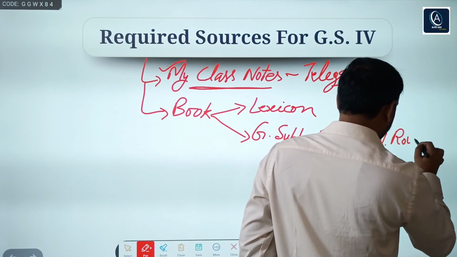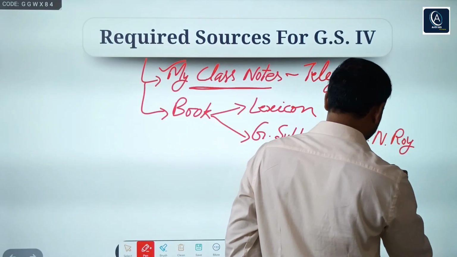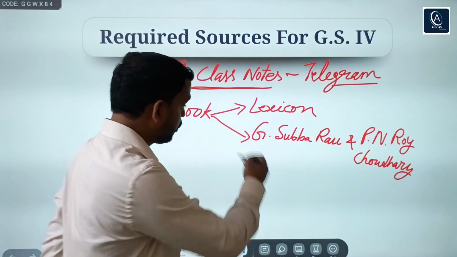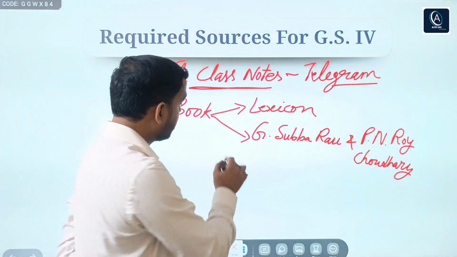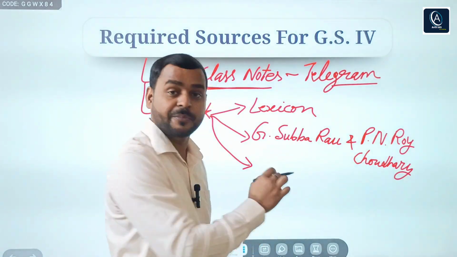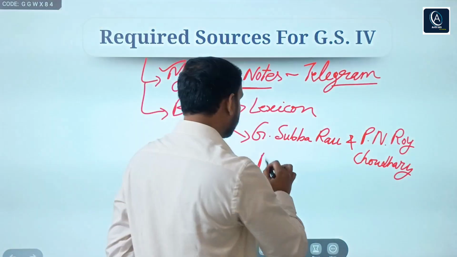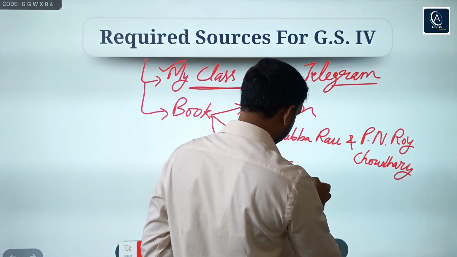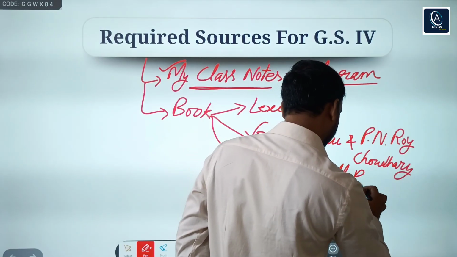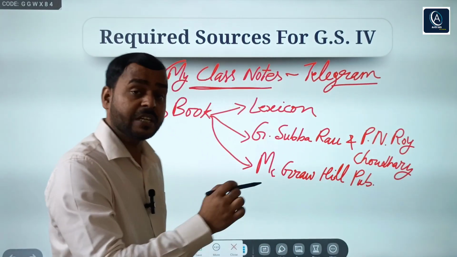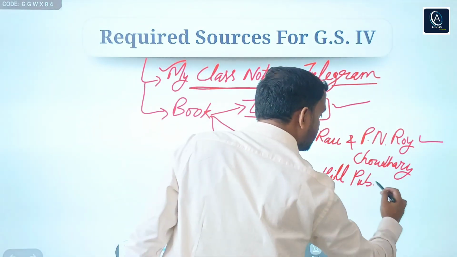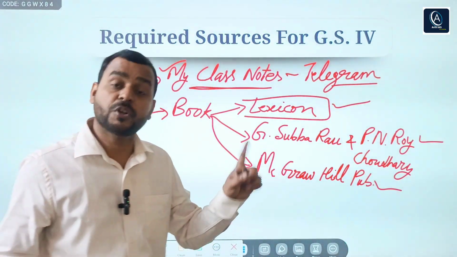P.N. Roy Chaudhary, right? You can go for this book. And lastly, if you don't want to read these 2 books, then you can go for another book, that is McGraw Hill publication, right? Again I am repeating, go for only one book, either this or this, only one book for your psychological